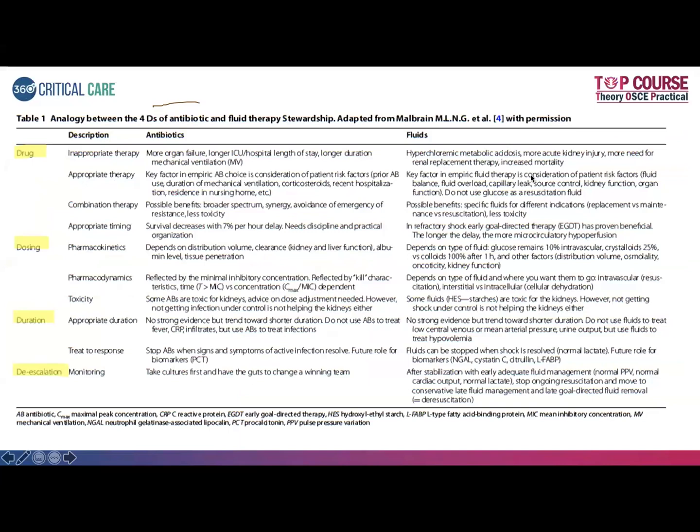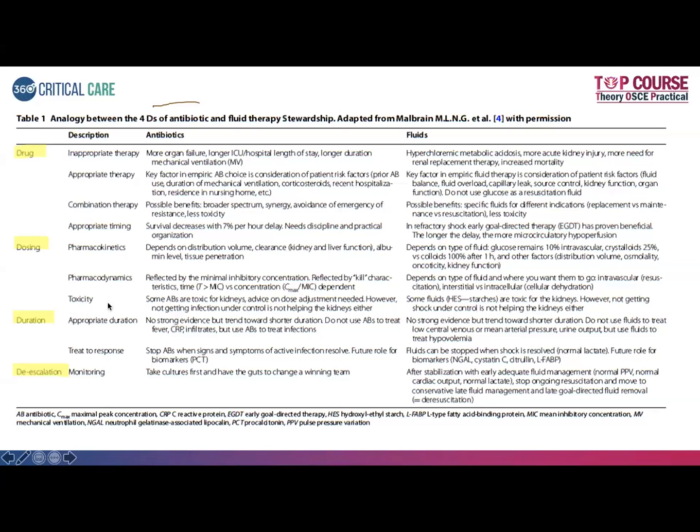So when do you start resuscitation? When do you stop? Combination of different agents, okay? Appropriate timing. So when you have to give and when you have to stop. So these are the various things that you can mention. Dosing: how much you have to give based on your fluid responsiveness and tolerance, and what fluid you're going to give, like how much percentage of the intravascular compartment will be replenished, crystalloids versus colloids,